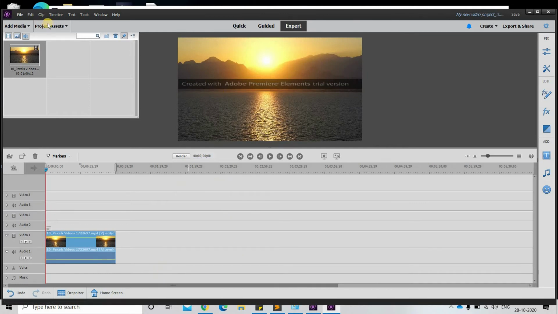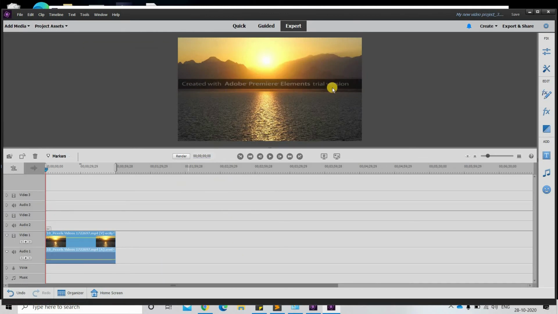Here you can see a watermark is coming up, right? And it will always come if you export it or do any changes or edit it, it will always be there. So that is the main problem. If you are using the trial version, you can use it, you can understand it, but this thing will always be there. If you want to remove it, you have to purchase the license of this Premier Elements. This is the first difference, which is itself a huge difference.